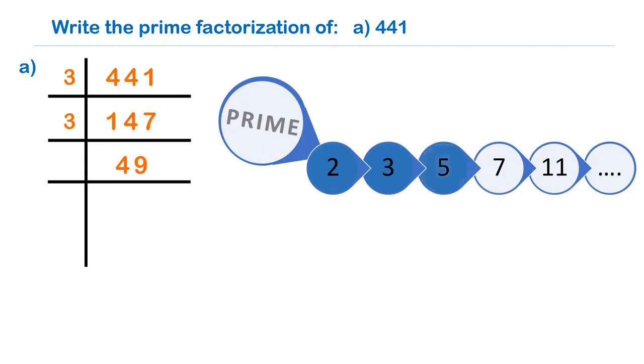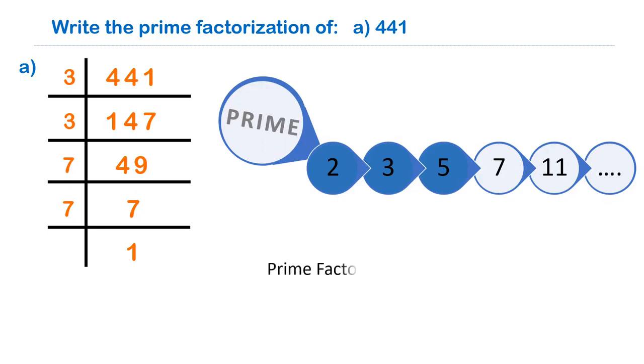Then we take the next number 6. Again, 6 is a composite number, so we leave it. Then we take the next prime number 7. And yes, 49 is divisible by 7. So write 7 to the left of 49 and divide. We get 7. Again, 7 is a prime number, so it is divisible by 7 and 1 only. So write 7 to the left of 7 and divide. We get 1. If we get 1, it means that we are done with our prime factorization.